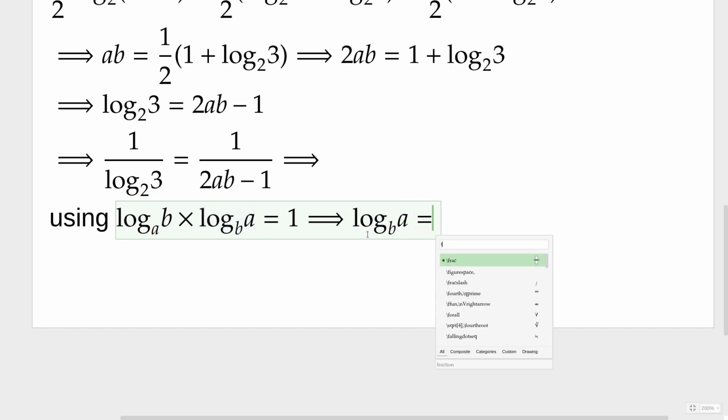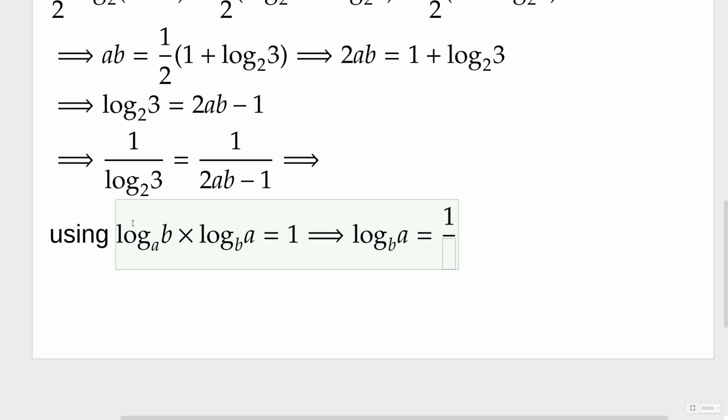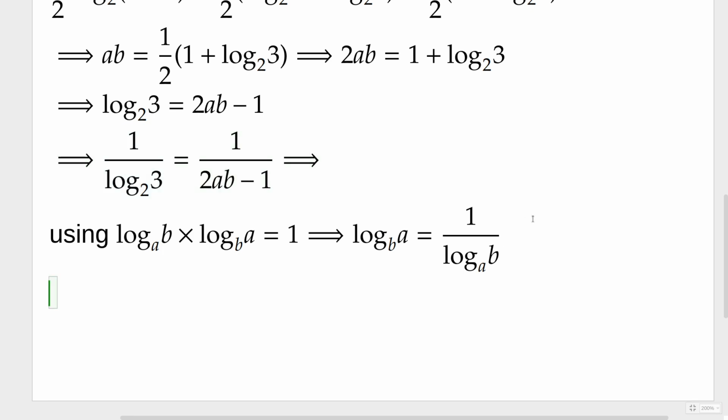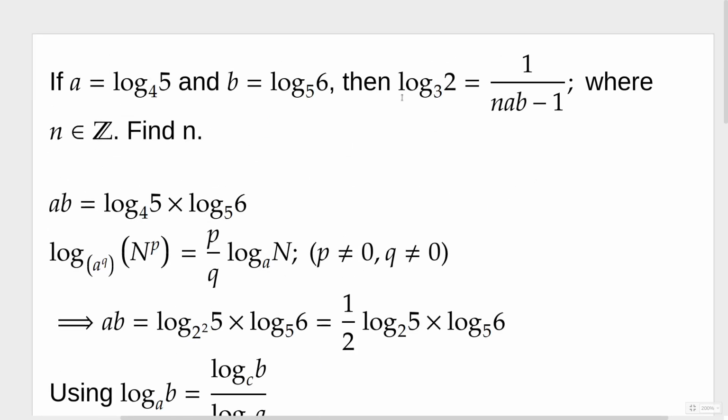This becomes your 1 by log b base a. So you can see that after reciprocal, the argument and the base exchange over here. Here argument is a and base is b, and here argument is b and base is a. So after applying this reciprocal property, you will get the desired expression, that is log 2 base 3